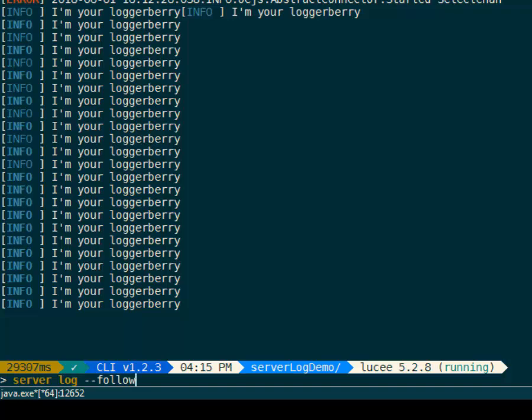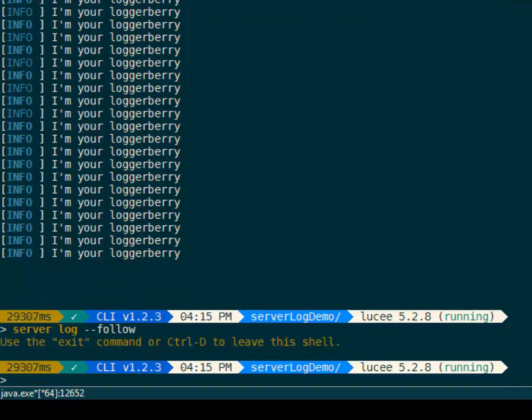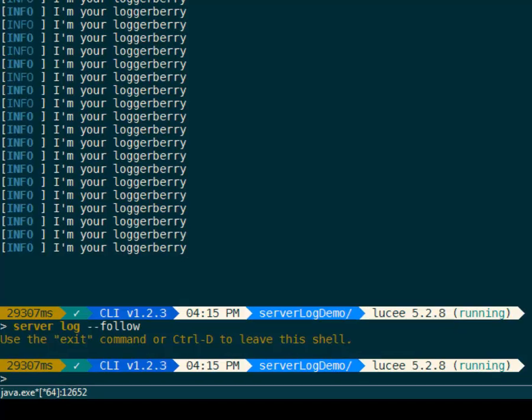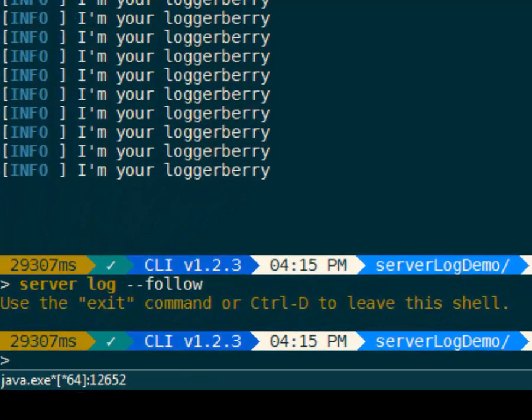So this log file has always been there. We just made it a little bit prettier with the colored output. There's two additional types of log files you can now use in CommandBox 4, and let's look at them real quick. The first one is an access log, and we can enable that with server set